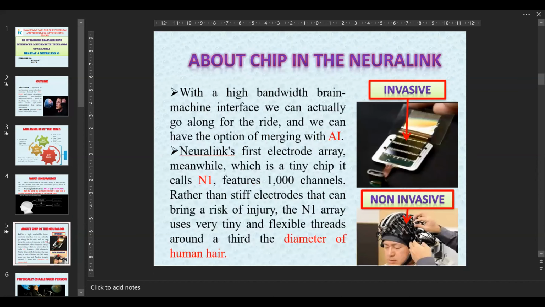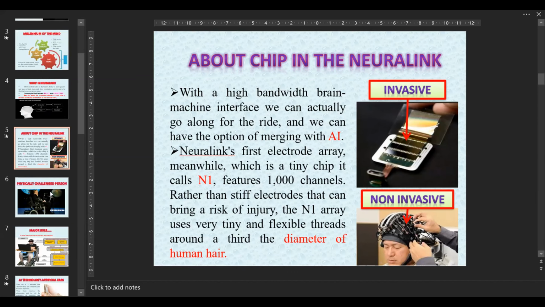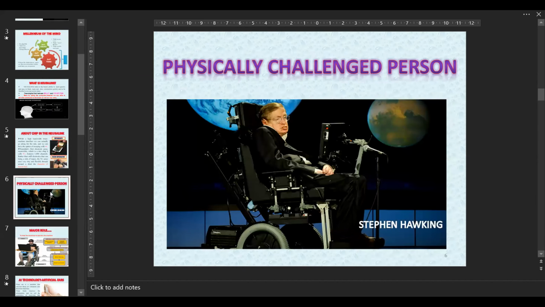There are two types of chips used in this neural link, where one is invasive and another is non-invasive. An invasive chip is placed inside the brain using surgery, and a non-invasive chip is placed on the skull for communication with an environment for a physically challenged person. This chip has the capability to communicate with an environment. We are well known with Stephen Hawking. He is a physically challenged person, and the first brain-machine interface was introduced on